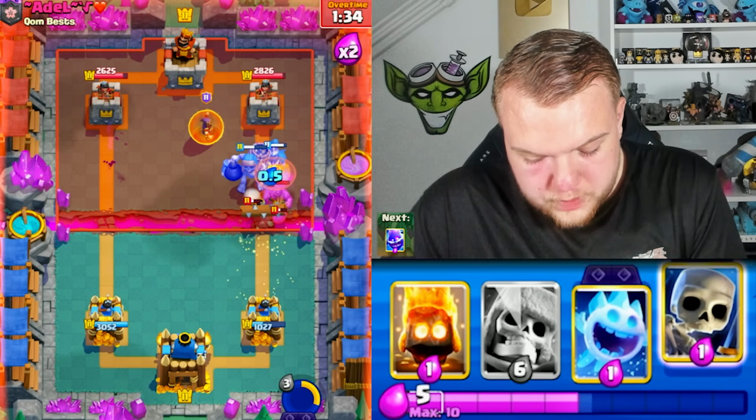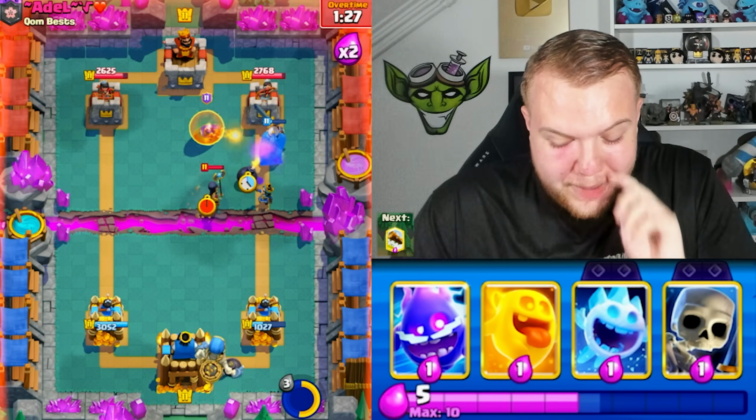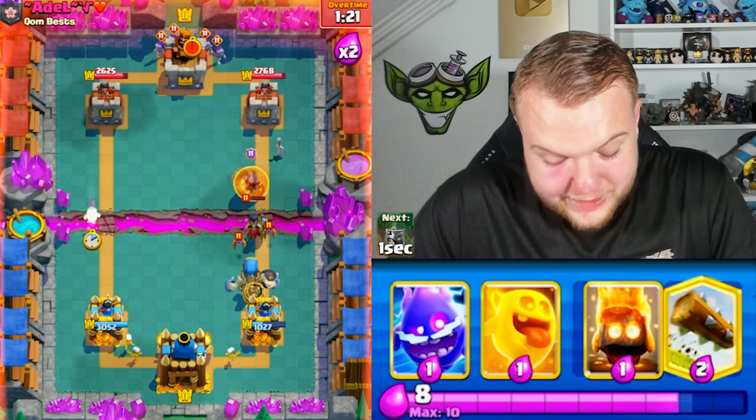Okay, let's go with a Lock as well. Let's go with a Fire Spirit. Let's see what he's gonna do. But somehow he's still defending. We had 4 Giant Skeletons on the field at the same time, and he still manages to defend it really easily because unfortunately we have nothing against the Wizard, and the Wizard is definitely getting an insane amount of value